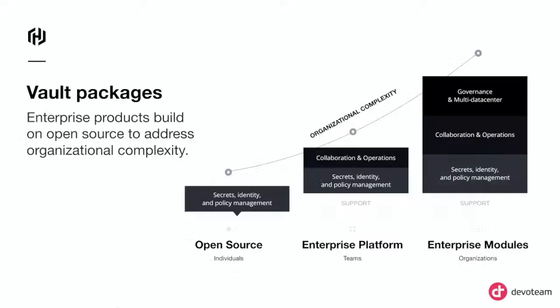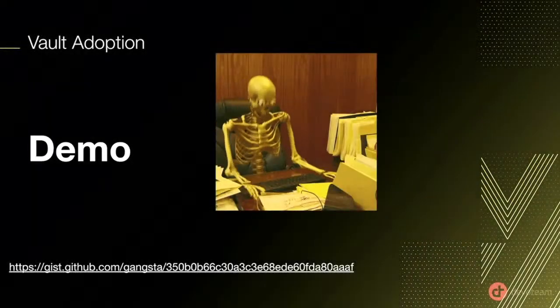If you want to start, again, let's go back to it. You start with something very basic. Start with the open source. Try to set it up. And then with the organization complexity, you can upgrade. And this applies to Vault Enterprise as well. So if you say, hey, I don't want to use open source, I don't want to use cloud, I want to use it on-prem, there is a HashiCorp Vault Enterprise as well.